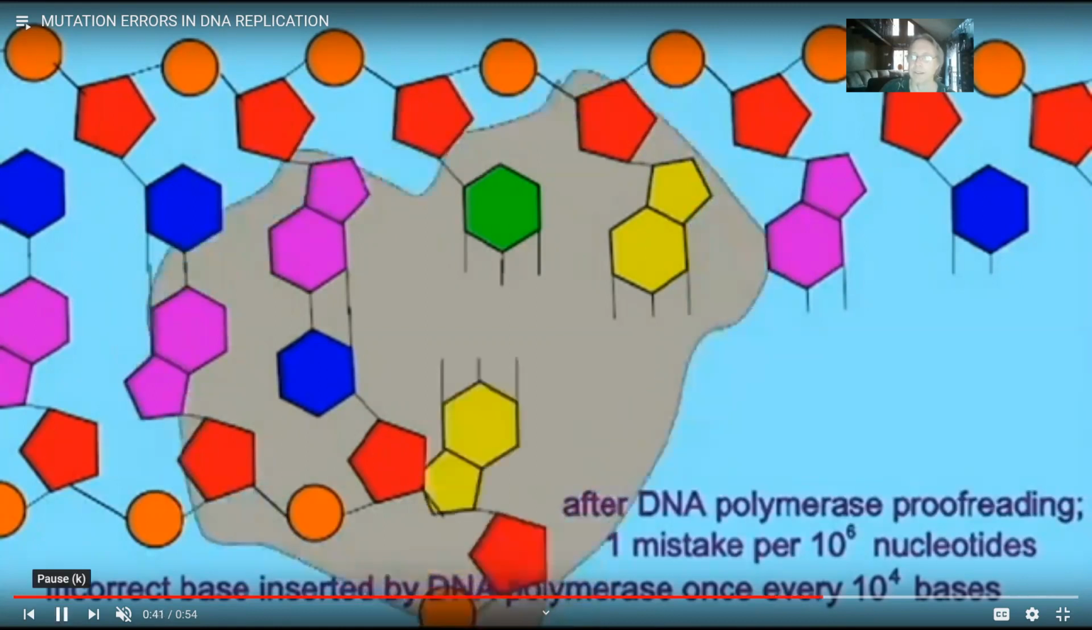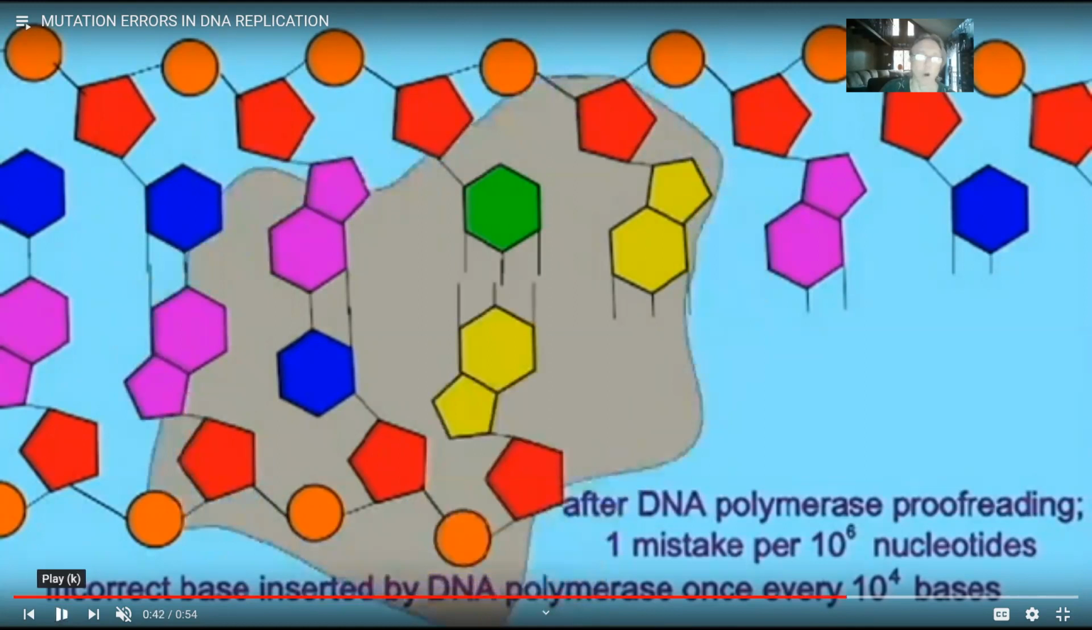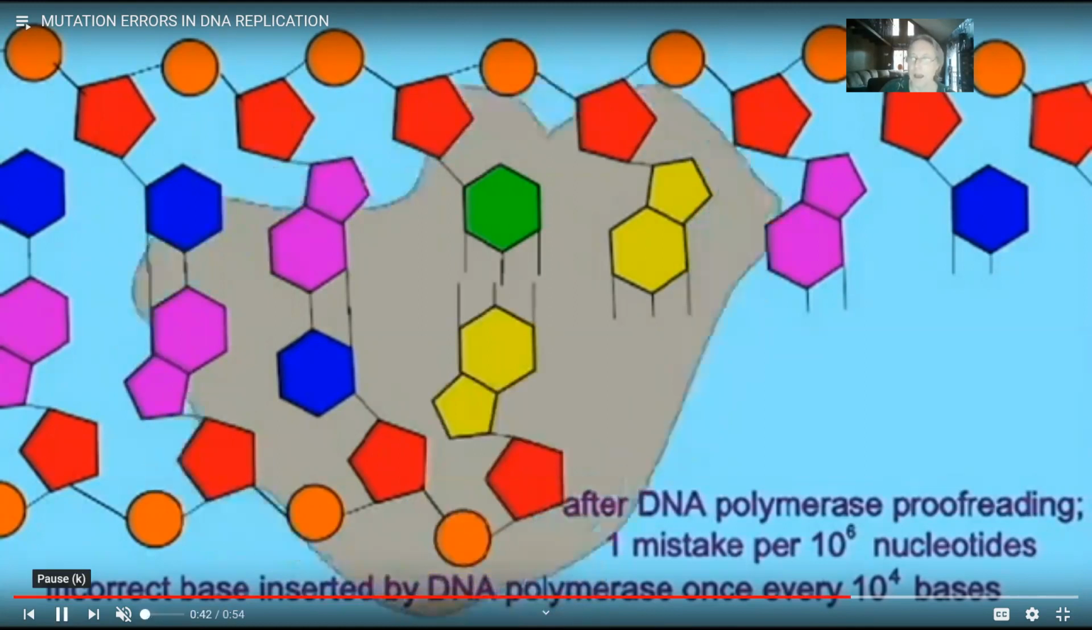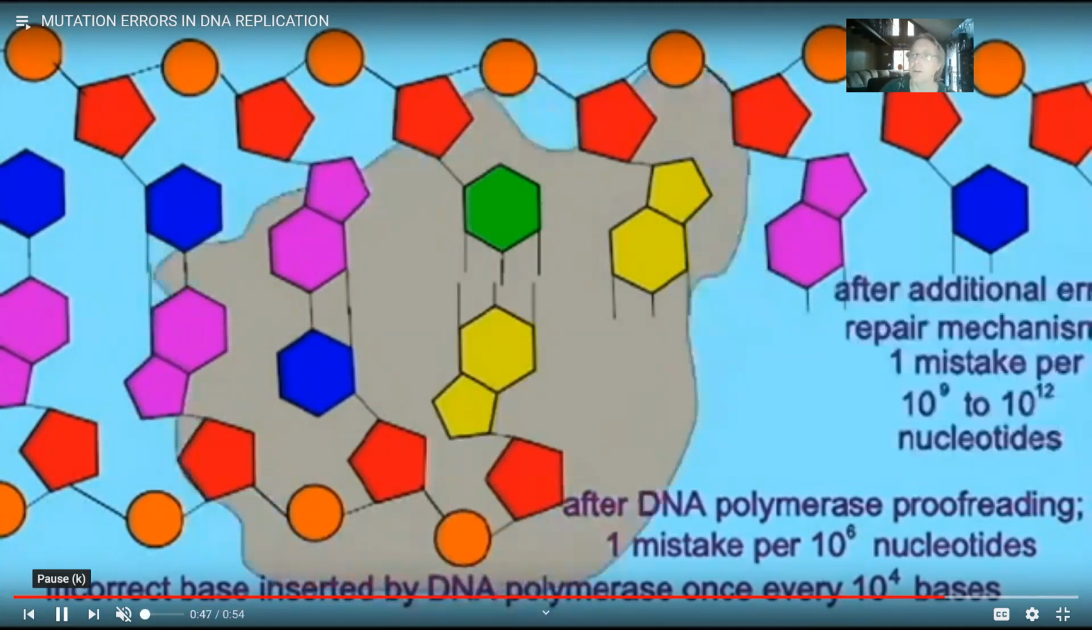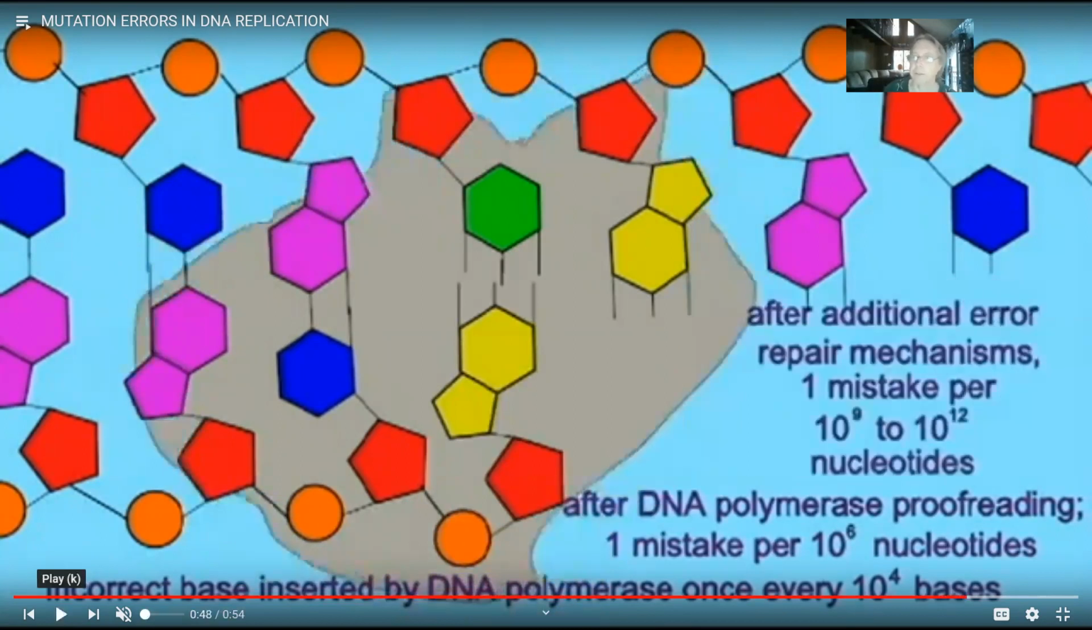So after this, there is a mistake only 1 per million nucleotides, which is far better. And then there are other proofreading mechanisms, which I'll get to in a subsequent video. And after they act on mistakes which were made, now the only changes to the genetic code occur once every billion nucleotides or more. But once again, if you've got 3 billion nucleotides and you're making a mistake when all